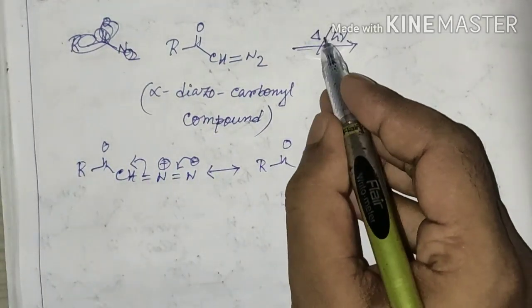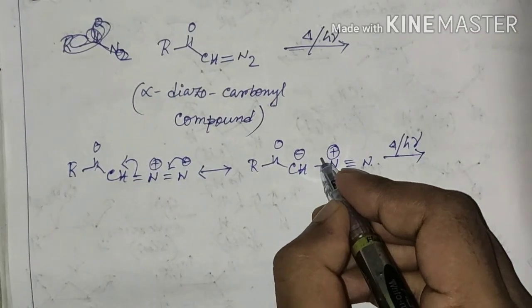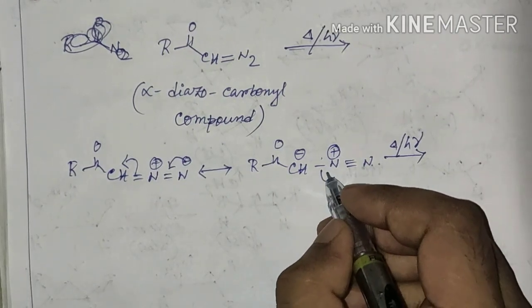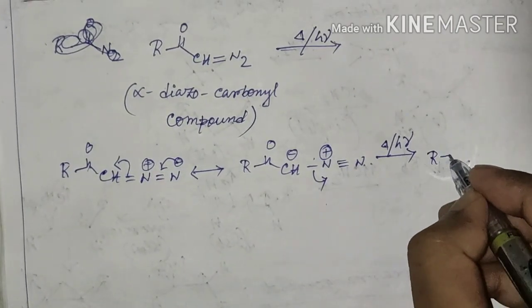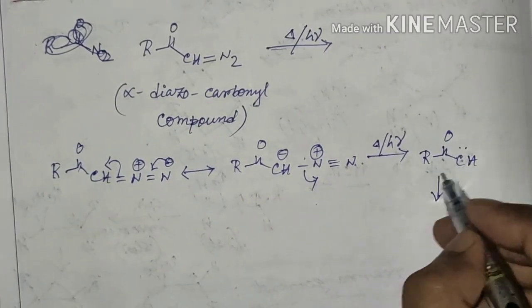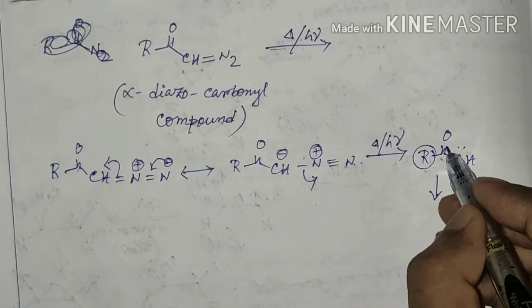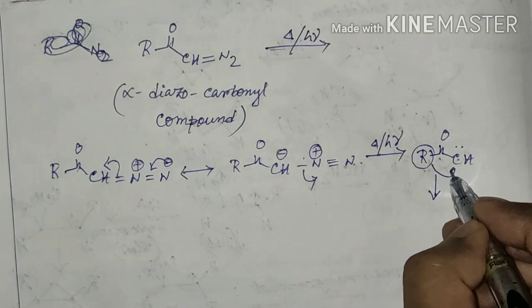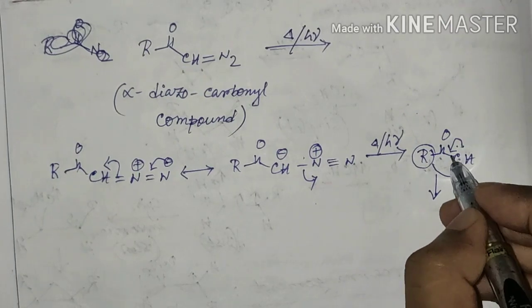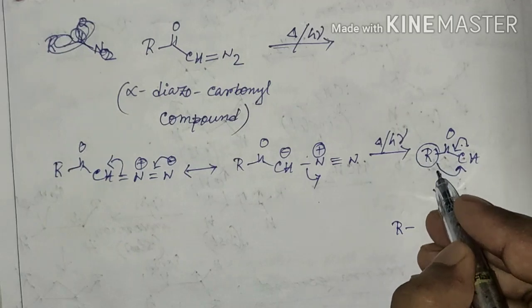And under thermal or photochemical condition it undergoes fragmentation, that is carbon-nitrogen bond cleavage, heterolytic cleavage, and will form the corresponding carbene. And this carbene will undergo rearrangement, that is the R or alkyl group attached to the carbonyl group will migrate here, and the lone pair of electrons on the carbene will form a double bond here, and this alkyl group migrates with